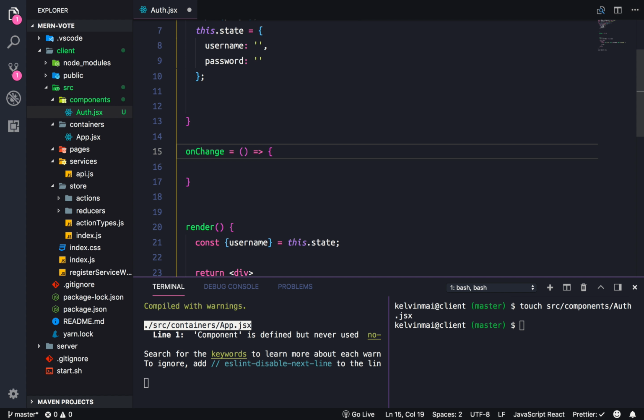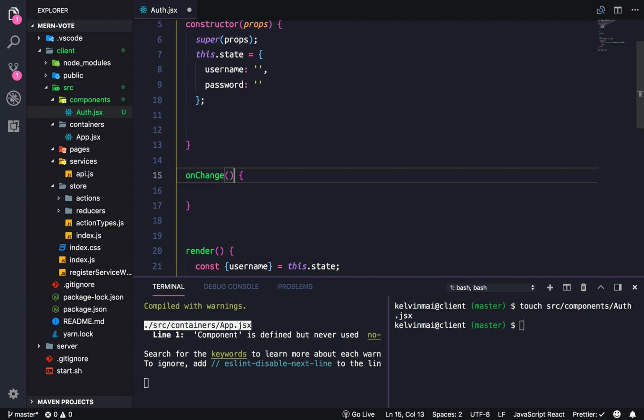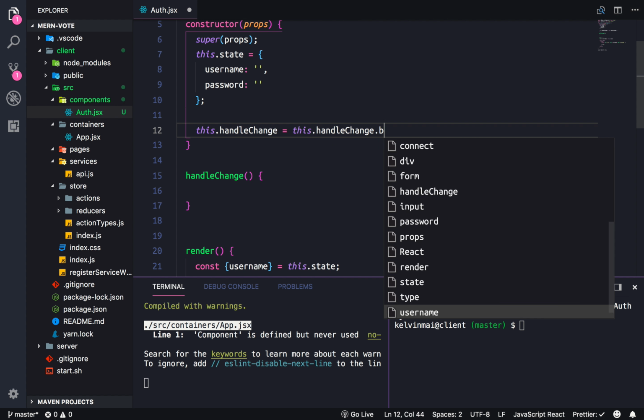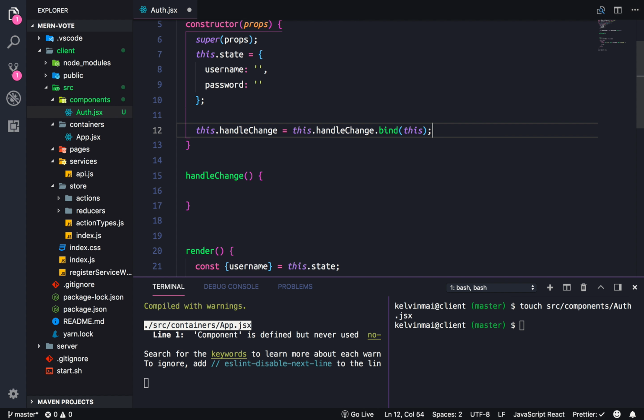But I don't really like the syntax of this within a JavaScript class, so instead I'm gonna actually do the manual binding here. So this dot, and actually that's a better name, handleChange equals this dot handleChange dot bind this. And binding this just means that we're using the correct this property, which like I said, you could get around with the arrow function like that. Then you don't need this line,